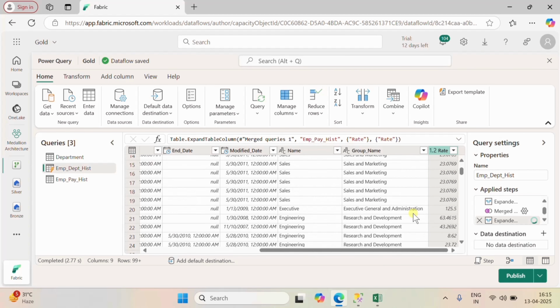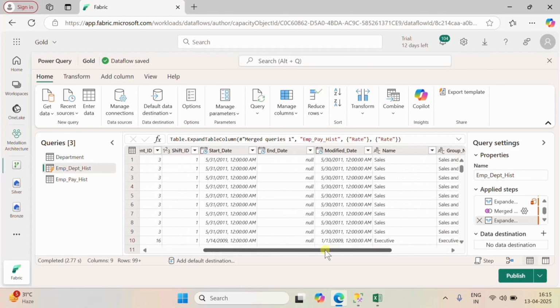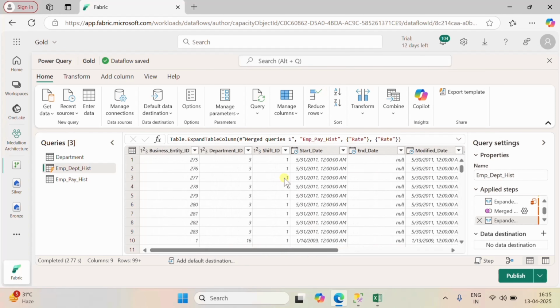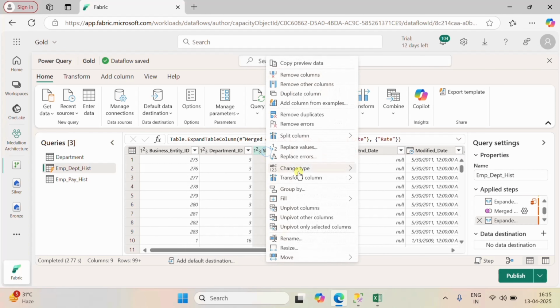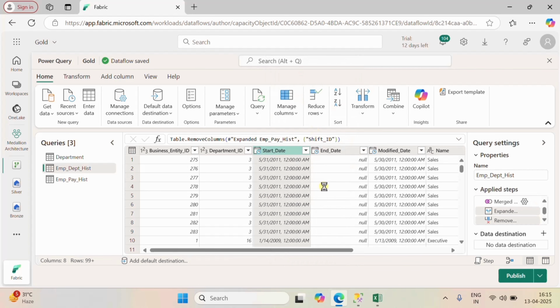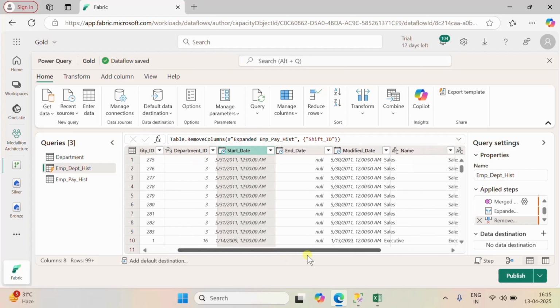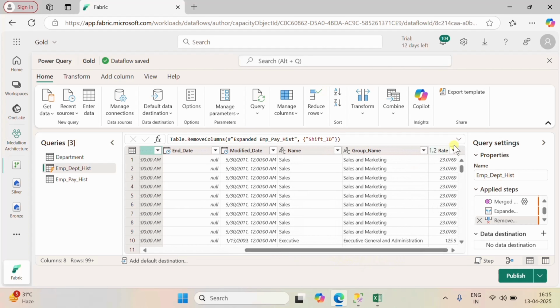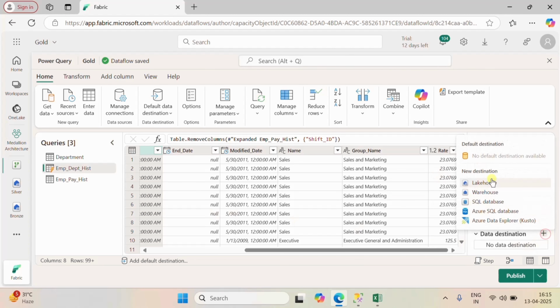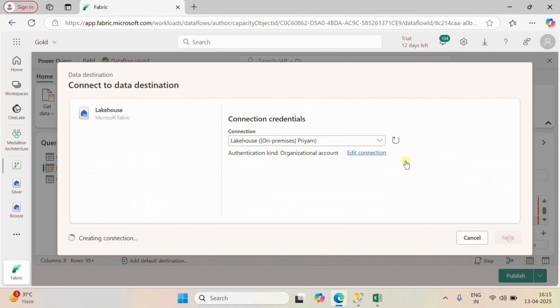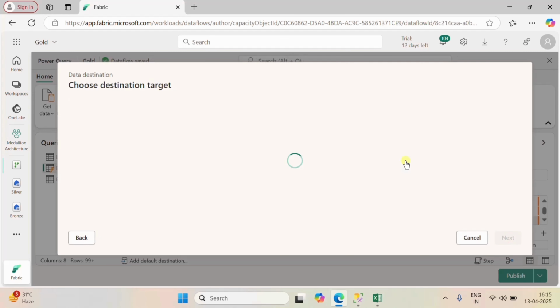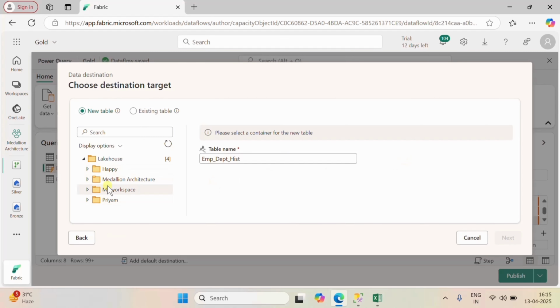Okay, so that is the report-specific transformation we have done here. Now this shift ID we don't need, so we are going to remove this column. So we have removed this column, and now we got our transformed data. Basically all the columns which we needed we have successfully imported. Now we are going to set the destination as gold. In the Medallion Architecture workspace we have to select the gold layer,